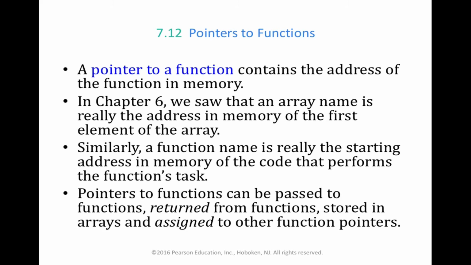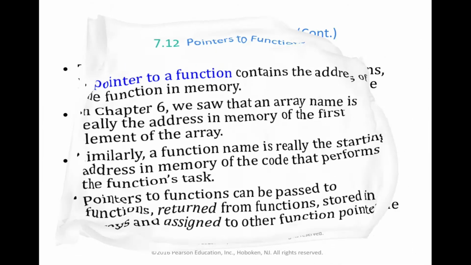In order to do that, though, we're going to look at pointers to a function. A pointer to a function contains the memory address of the function in memory. In Chapter 6, we saw that an array name is really the address in memory of the first element of the array. Similarly, a function name is really the starting address in memory of the code that performs the function's task. Pointers to a function can be passed to functions, returned from functions, stored in arrays, or assigned to other